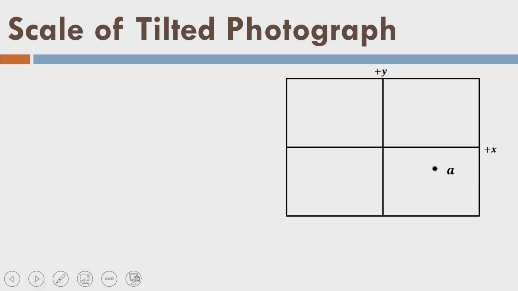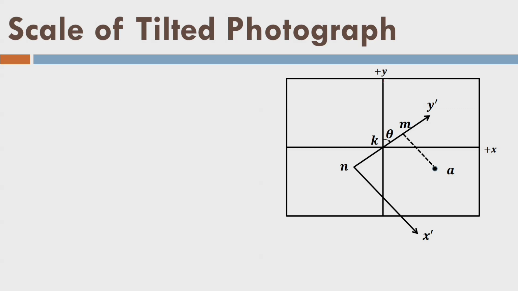let us draw this thing here. Let us say point A, and that is N, K and M. So, this angle is theta, right. So, this is y dash and now x dash axis. So, what I am doing, I am saying that I am measuring this point A here in the image coordinate system, what I call xy, but I know that I should measure this in the x dash y dash system, which is at angle theta, because I know if this is the principal line shown like this, its angle is theta here with respect to the y axis.